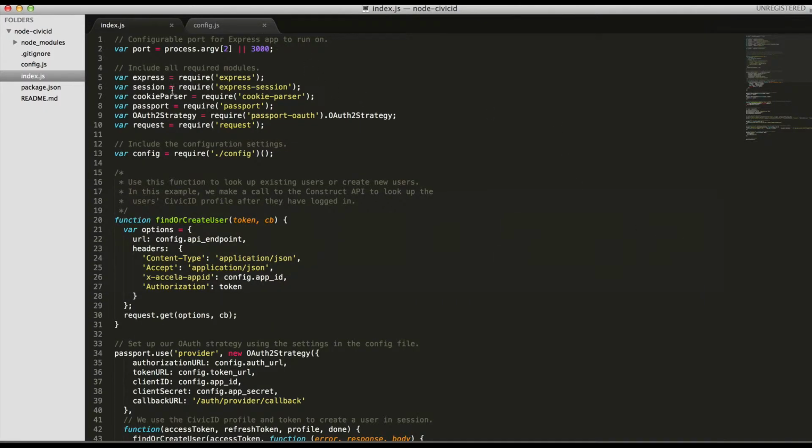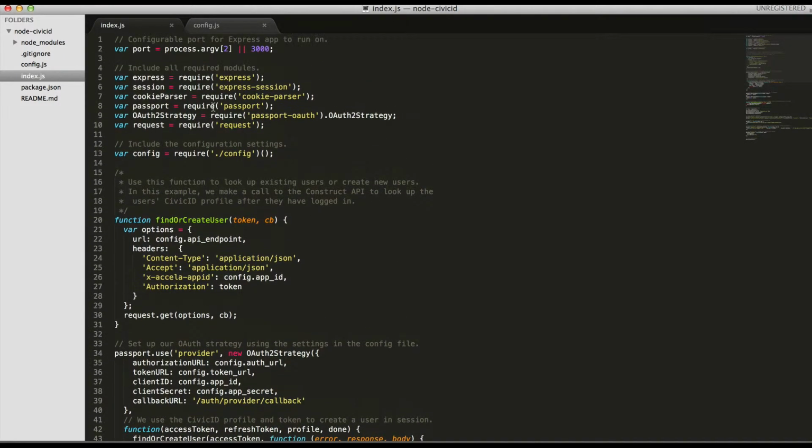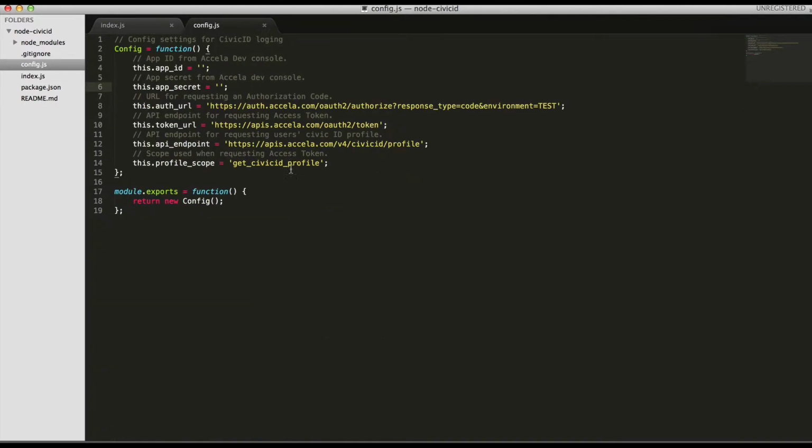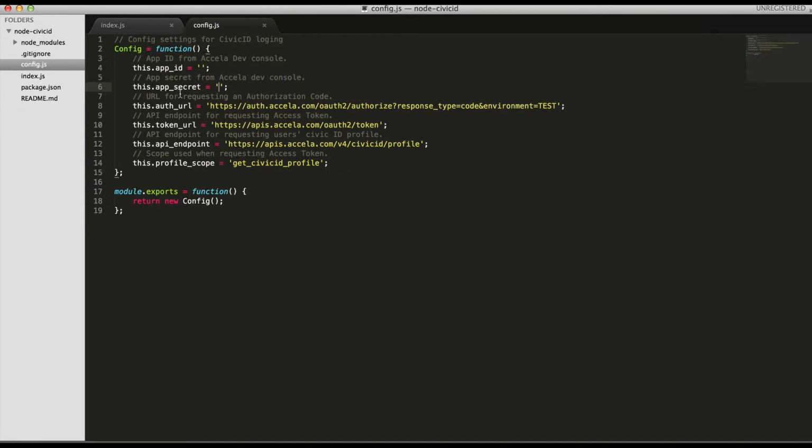The file index.js is the app itself, which demonstrates how to use CivicID from Node.js. There's actually a file called config.js, and you'll need to add some information to this file. You'll need to go to the Accela developer portal, and if you don't have an account, create one. If you do have an account, sign in, and create a new application. When you do that, your application is assigned an app ID and an app secret, and you'll need that to actually run this